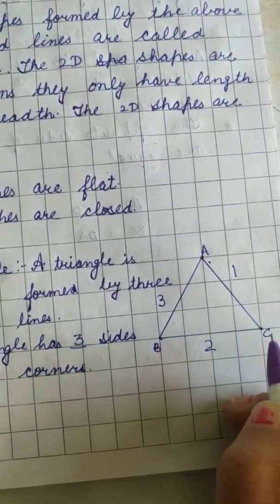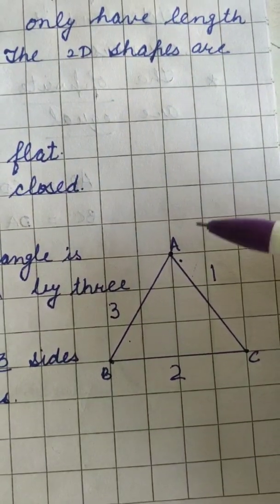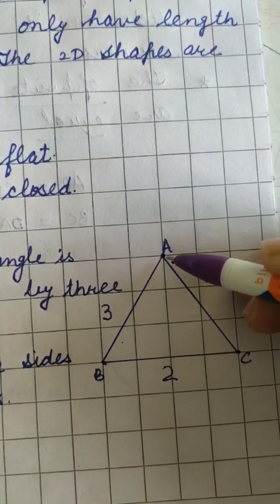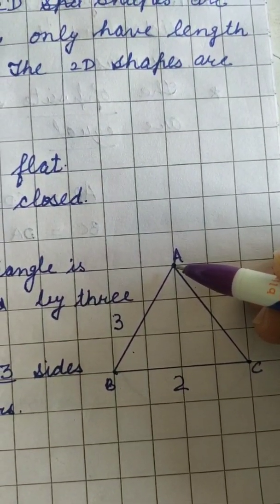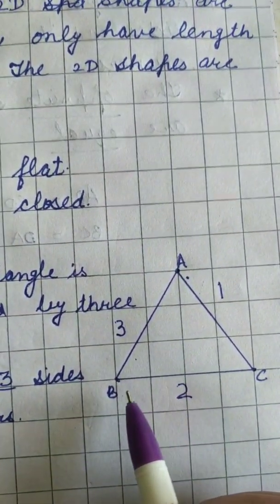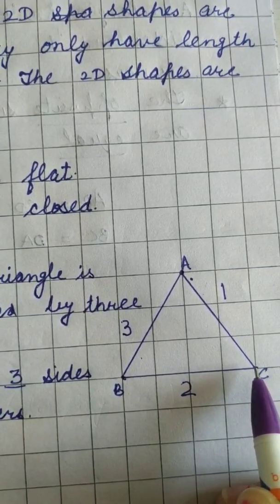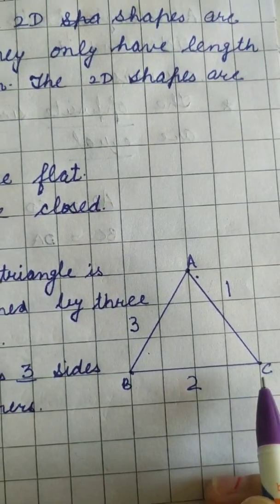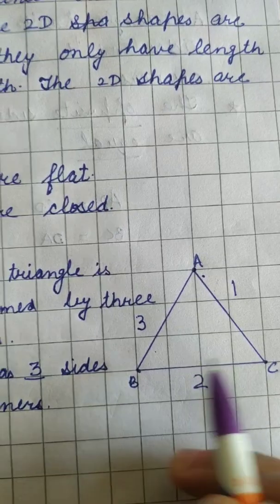See children, how you have to draw this triangle. Just see, you just have to take 3 points on the intersection points of these lines which are already given in your copy. See, I have taken A here. Then you can count the number of boxes. 1, 2, and this side also 1, 2. Take one dot this side and one this side, B and C. Now join them with the scale. You will get a triangle.